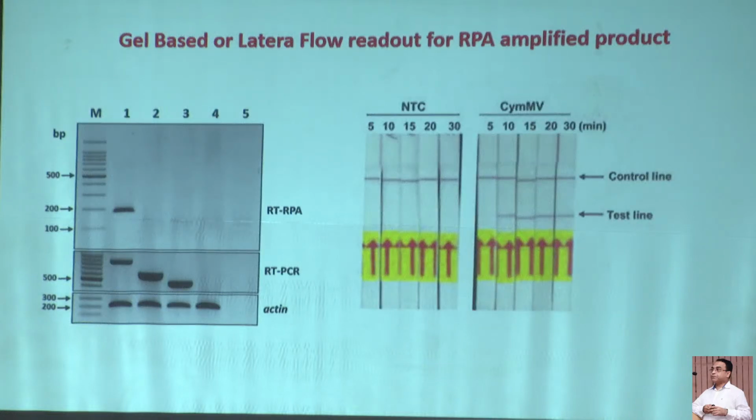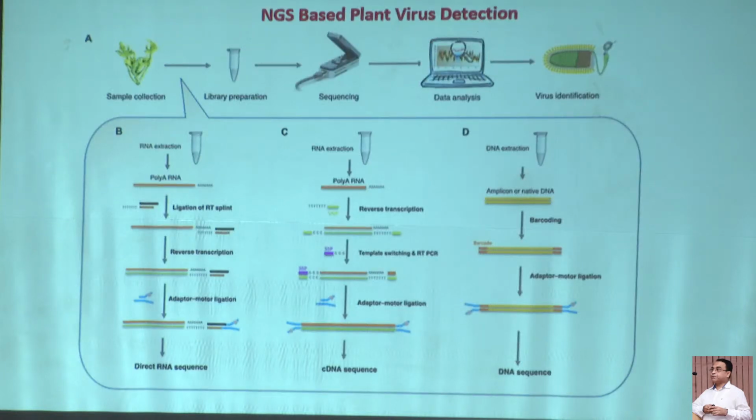After doing the recombinase polymerase amplification, you can either see the result in the gel, whether the band is there or not. If it is there, that means virus is present. Or you can use a lateral flow strip, which will tell you whether the virus is present or not. Next technique is